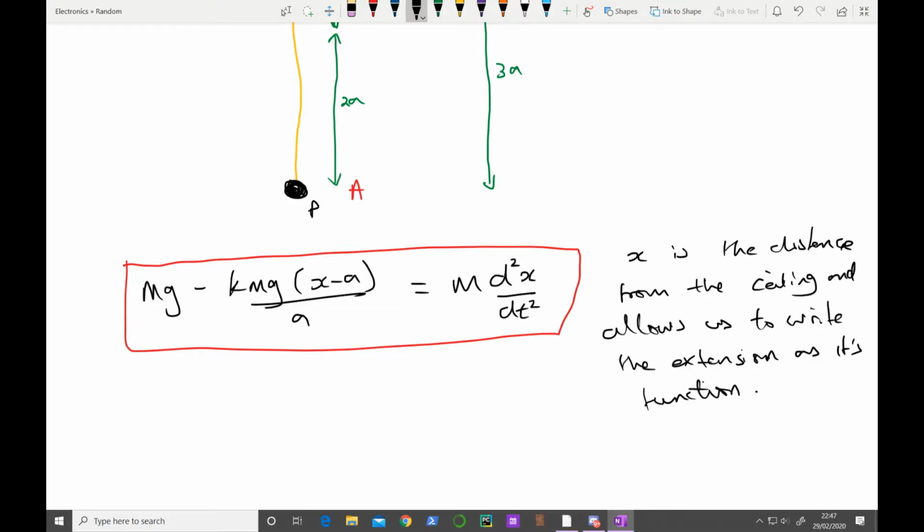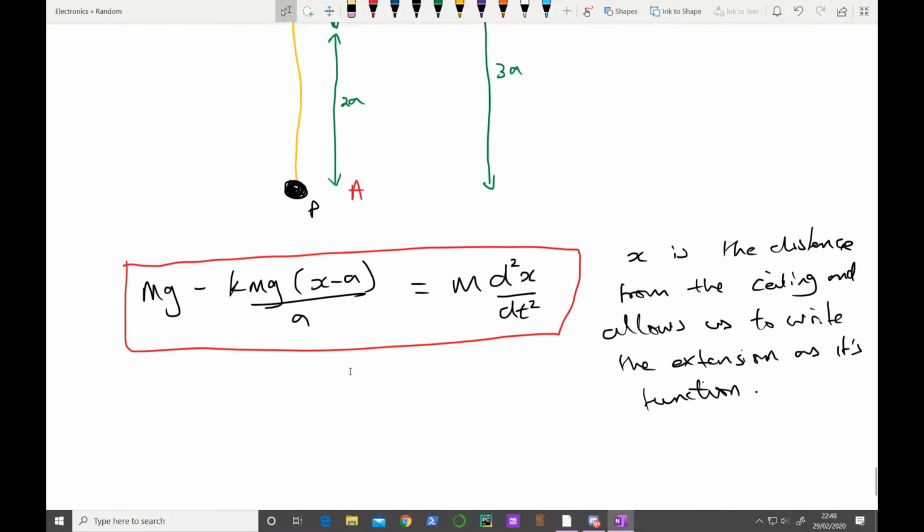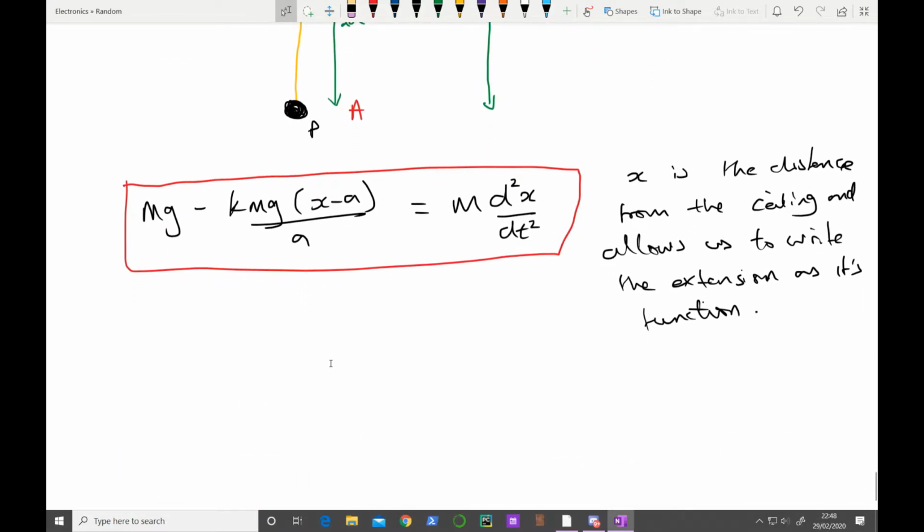So the extension effectively is based upon our distance from the ceiling. So if we put half a into there, then clearly the extension is minus half a, which makes sense because we've squashed the spring to a distance of half a. It makes sense. Okay. So we are going to label this equation 1,